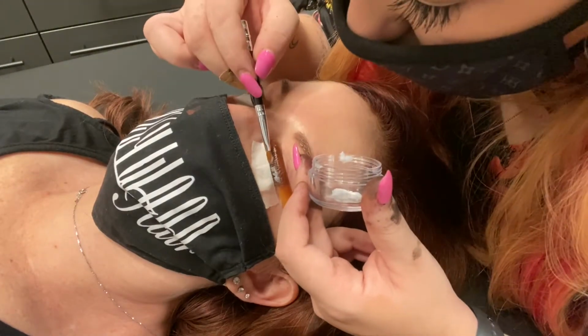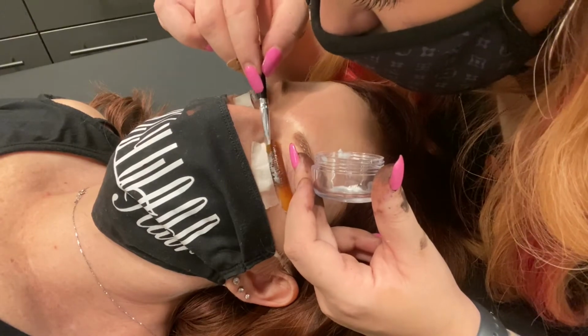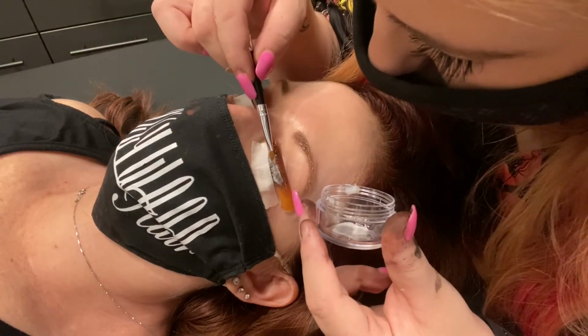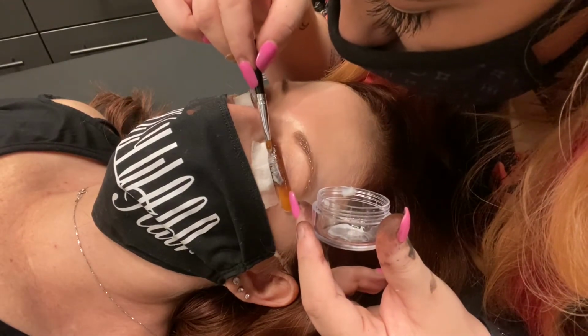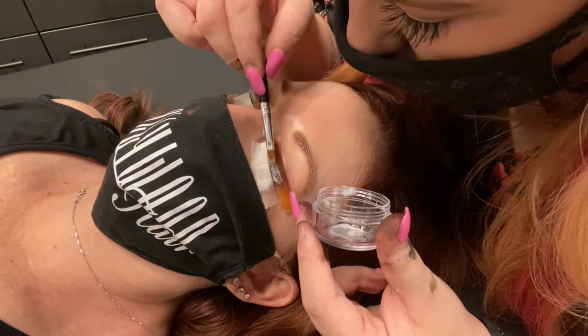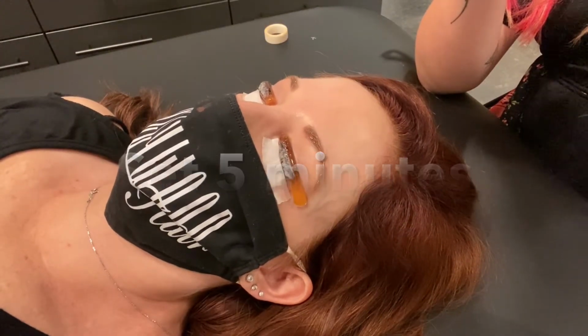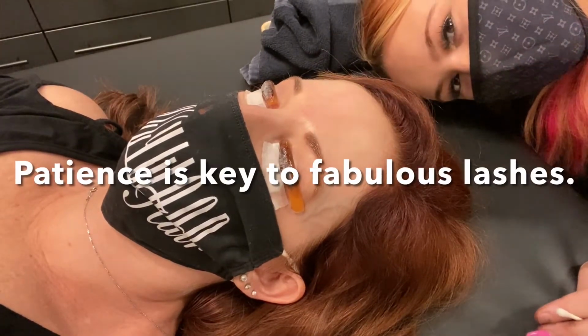lashes. This lash lift is meant to sit right in the middle of the lashes. You've got to think the hair and the lashes are very fragile, so you don't want to do it on the base and you don't want to do it on the ends. So keeping the solution away from the two edges of the lashes. So you're going right on the bottom side of the lash rod and making sure that you let that set